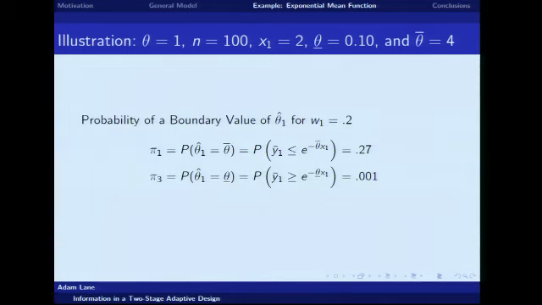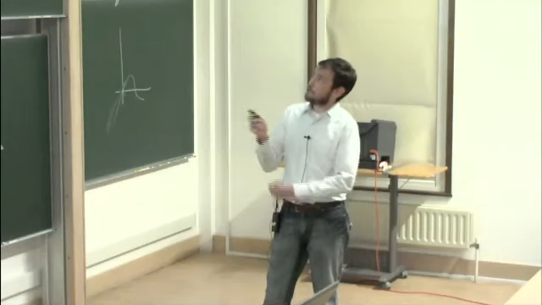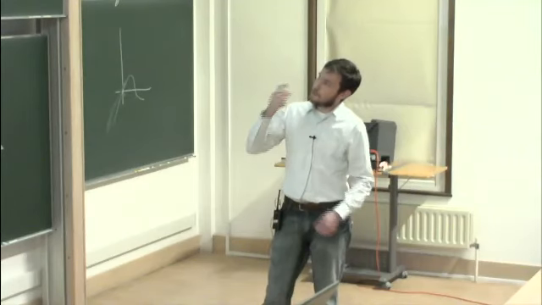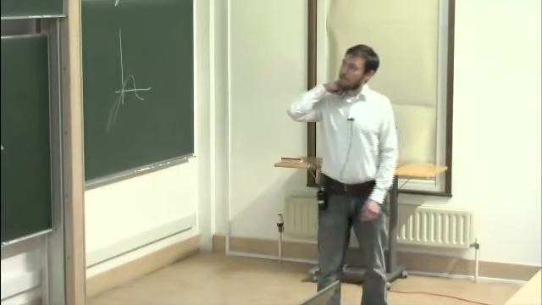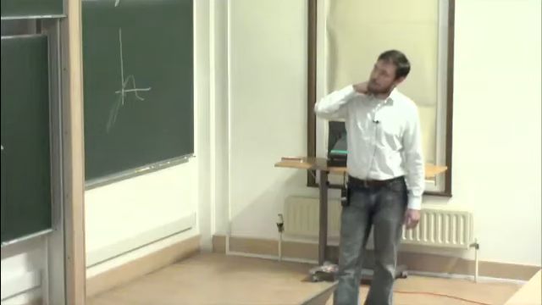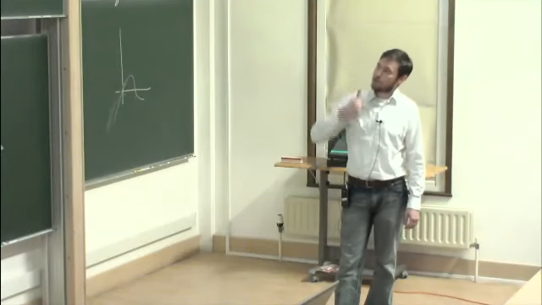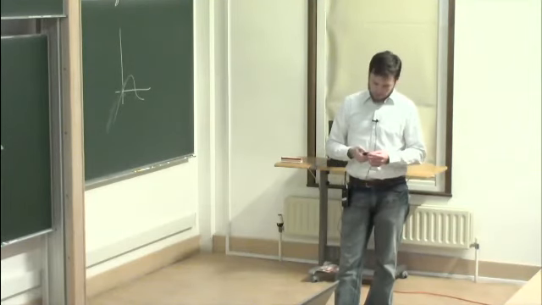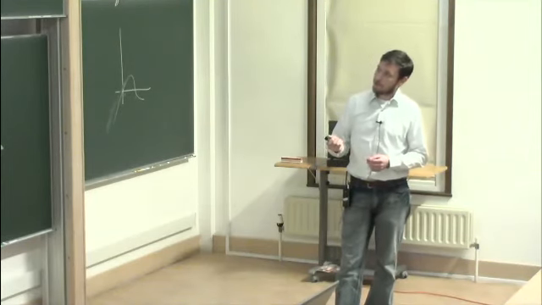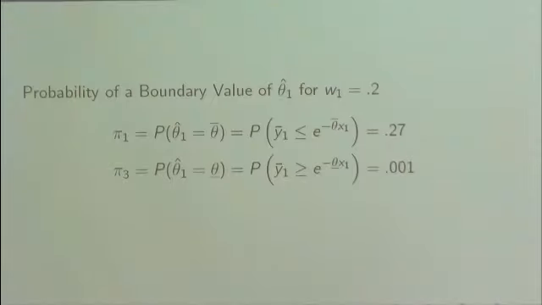So if you think of an illustration, when theta is equal to 1, n is 100, x1 is 2, and you have boundary values of 0.1 and 4, then the probability that theta hat 1 is on a boundary, if w1 is equal to 2, for the case where it's at 4, is 27%, and of course for the other boundary it's negligible. But this does cause problems, and the first place you can see it